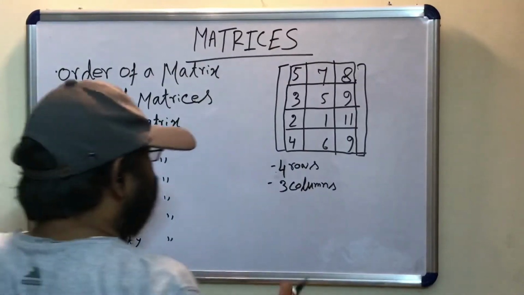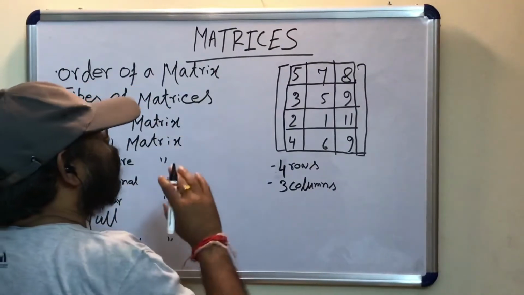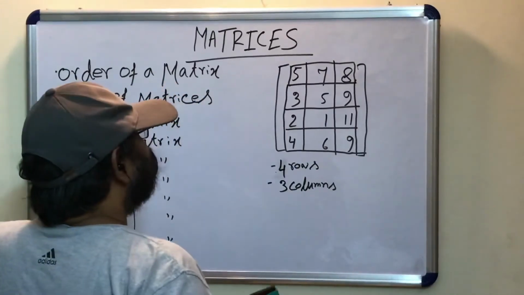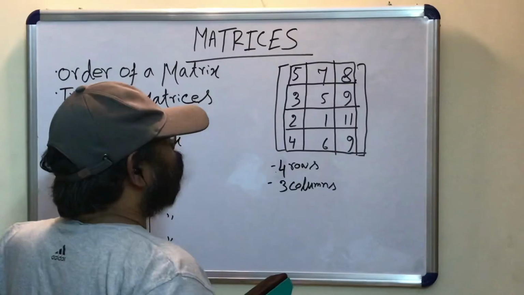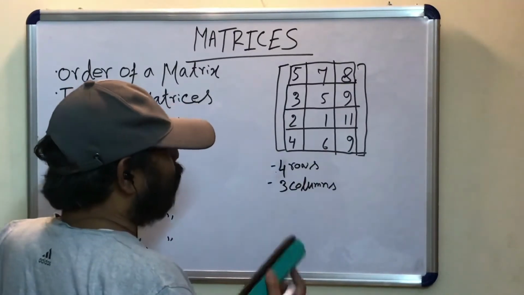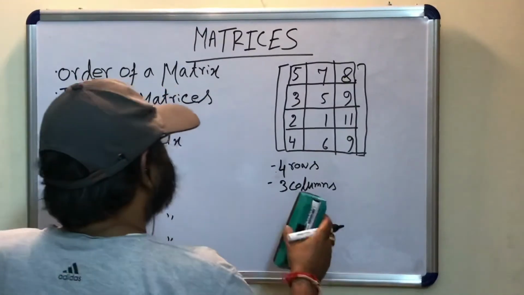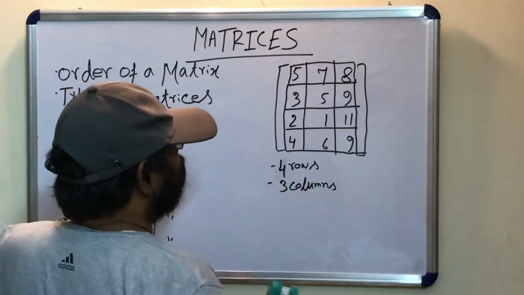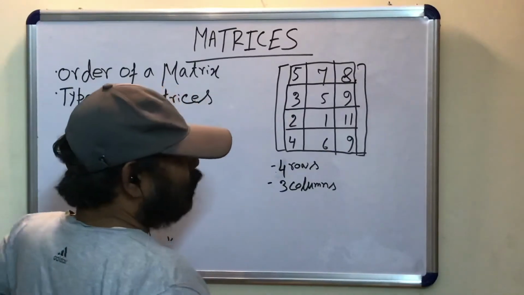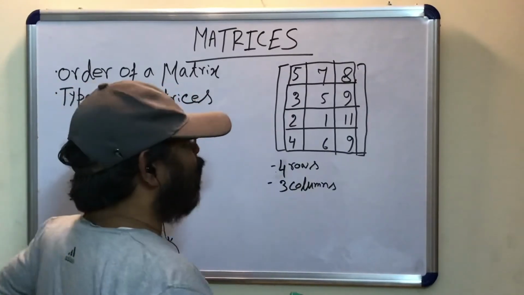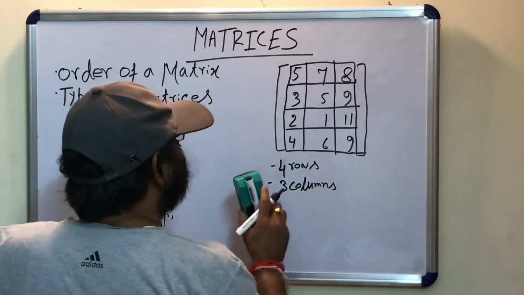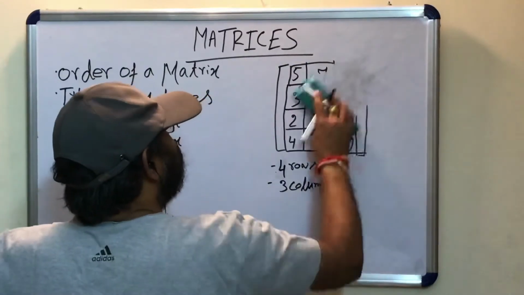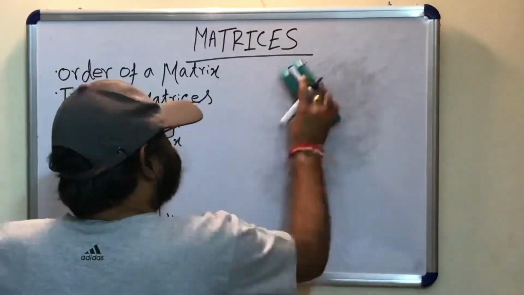Now I am giving a usefulness of this type of arranging of elements or numbers. Say in your school there are 12 classes, 1, 2, 3, 4, 5, 6, 7, 8, 9, 10, 11, 12, and each class has a maximum of 5 sections: A, B, C, D, E. Now if we want to arrange the number of students in each section of each class, how can we arrange it in matrix form?